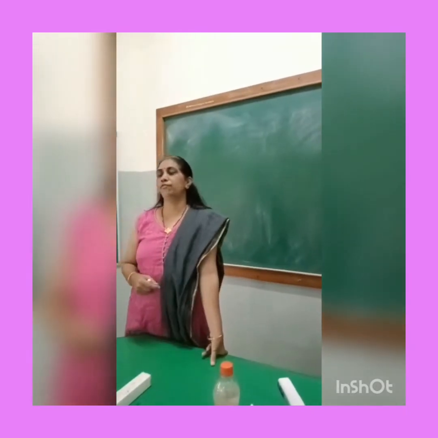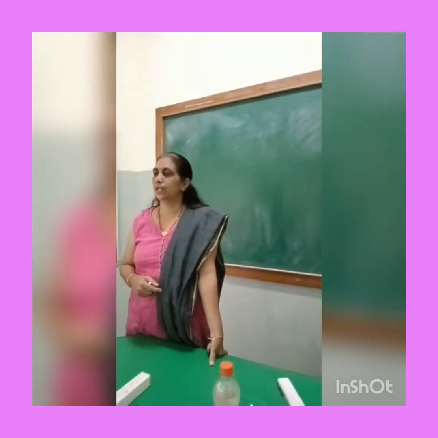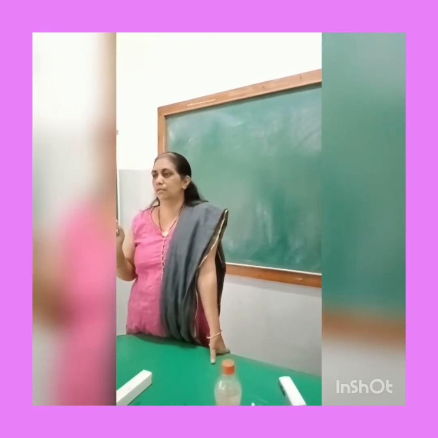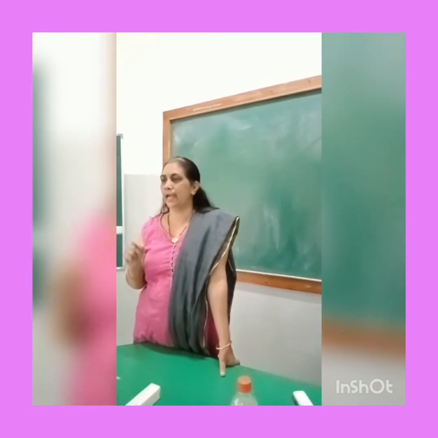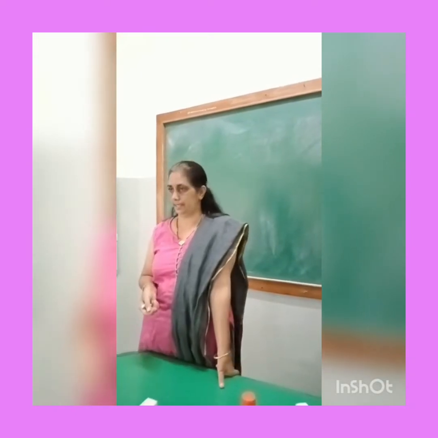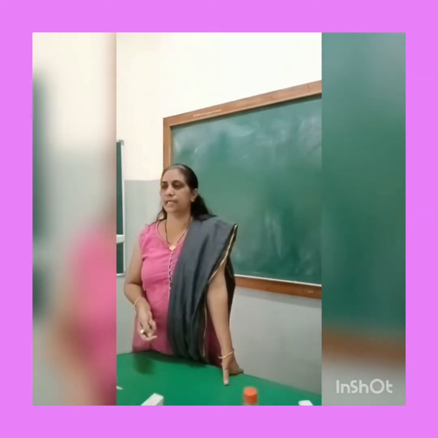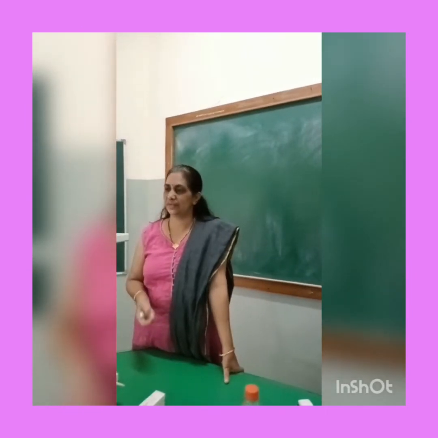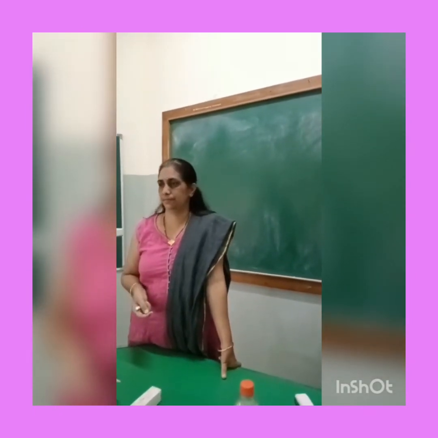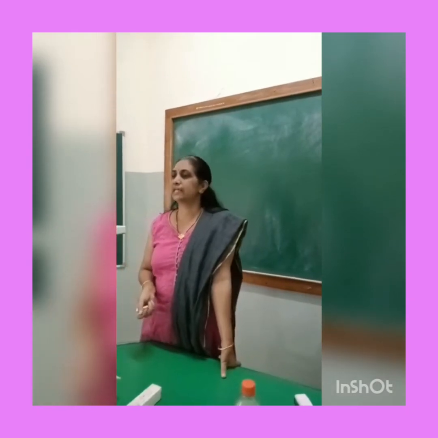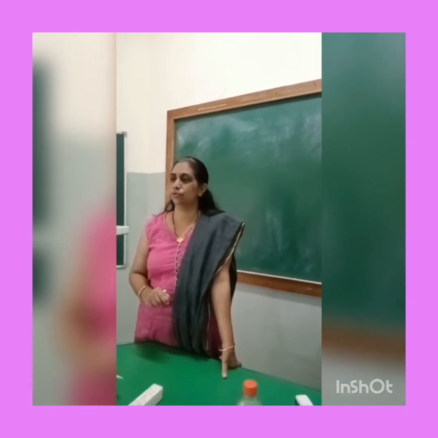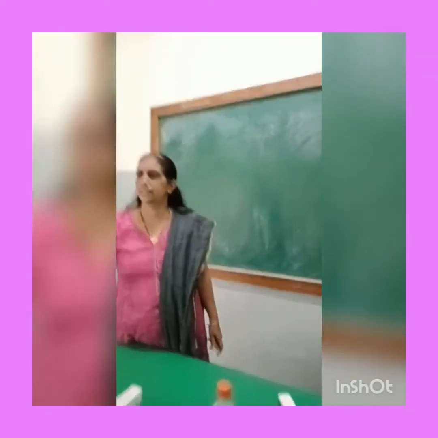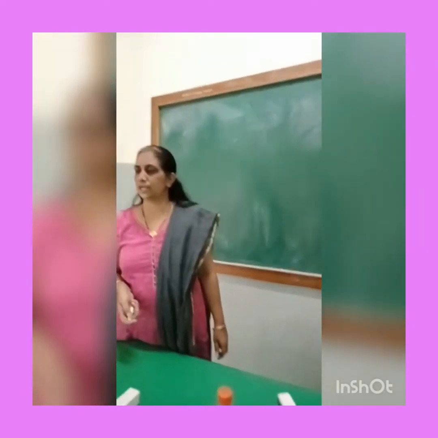Alright, so which two traits will we concentrate upon? We will see the rounded seeds and the yellow seeds. Rounded and yellow are the dominant traits. Dominant means they are mostly found. Even if one allele of the chromosome is present, it will still be expressed. For a recessive trait to be expressed, both the alleles should be of the same type, right? So now let us see how the parental generation is for the dihybrid cross.